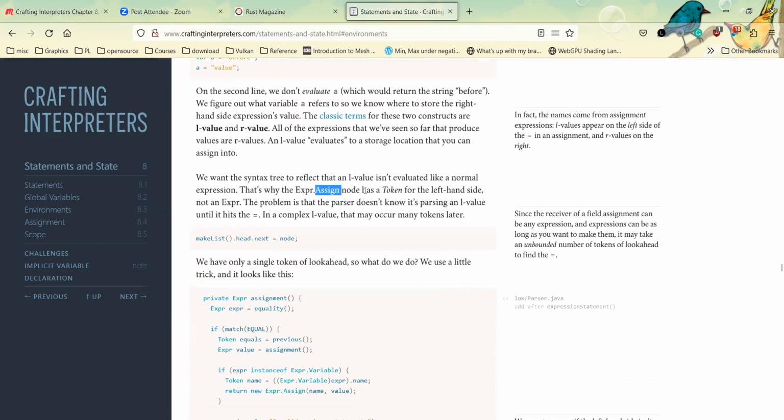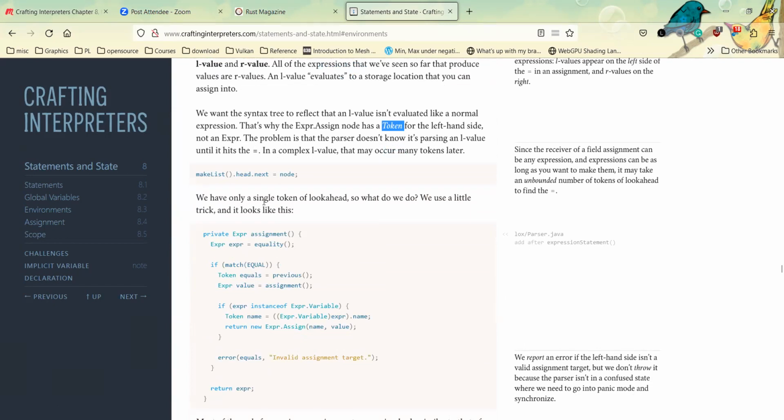And that's why this expression assign node has a token for the left-hand side rather than an expression. And the parser doesn't know it's parsing an L value. It's just thinking it's parsing an expression until a lot of tokens later.